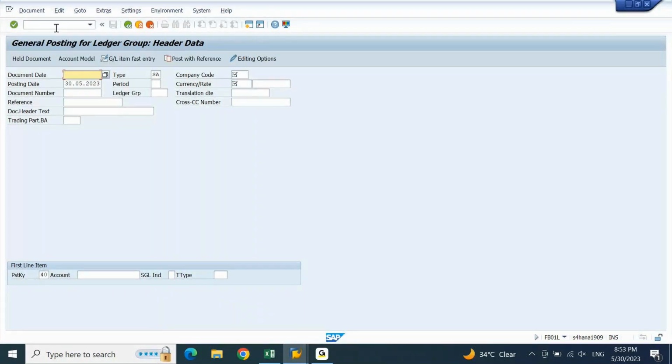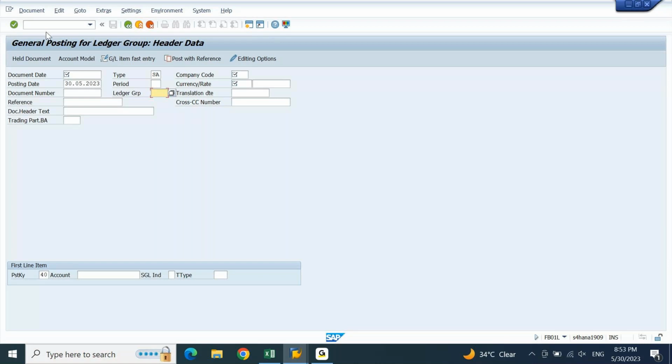If you use FB01L, you are going to get a field called ledger group. Now this ledger group will give you the combination of ledgers. A ledger group can contain one ledger or multiple ledgers. There is no rule that your ledger group should have more than one ledger. Clear?